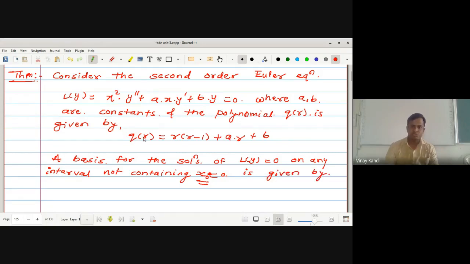There are two roots for this characteristic polynomial. The basis of that linear second order Euler's equation on any interval not containing x naught equal to 0 is given by